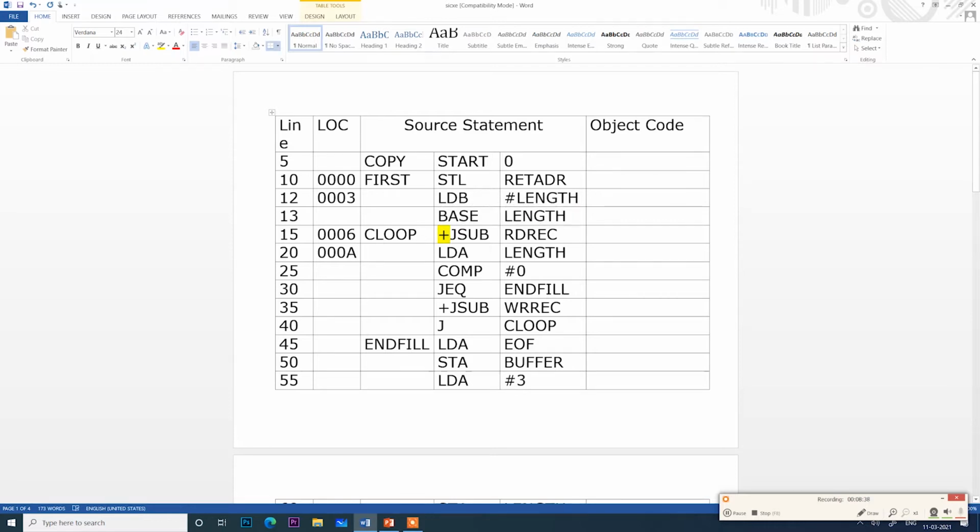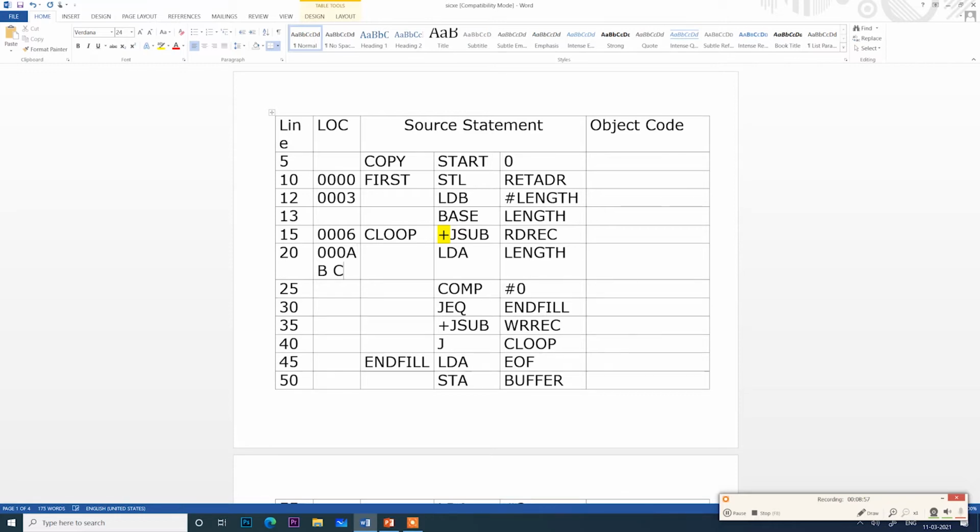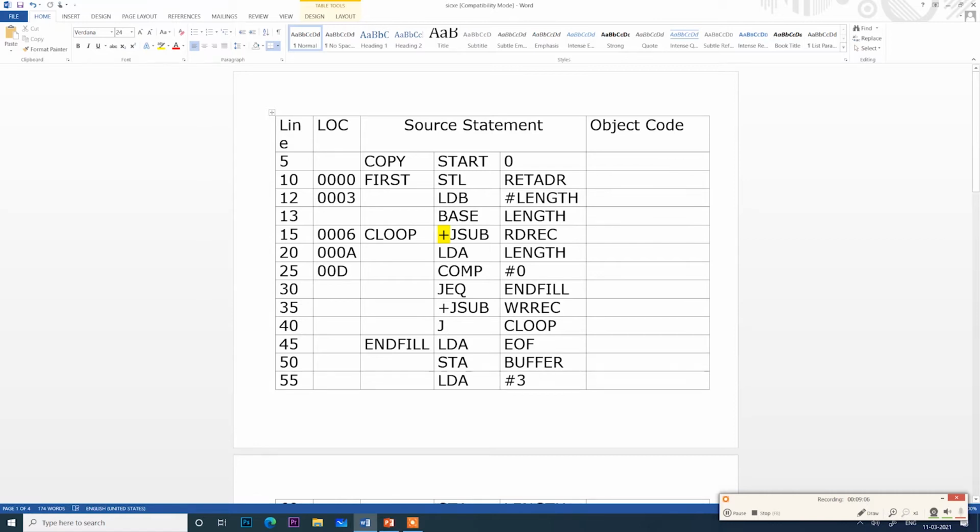The next, LDA LENGTH. LDA is again an opcode. So this is not format 2 or format 1. It's not format 4 also. So it should be format 3. So A, B and C. So the next instruction will be 000D, right?